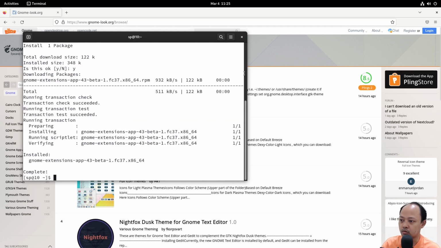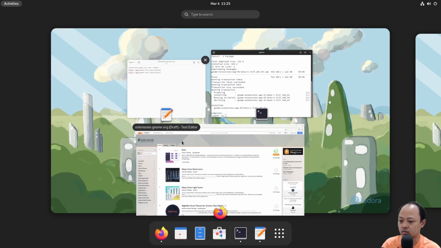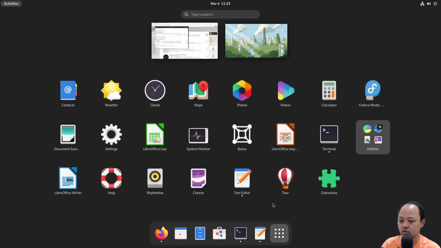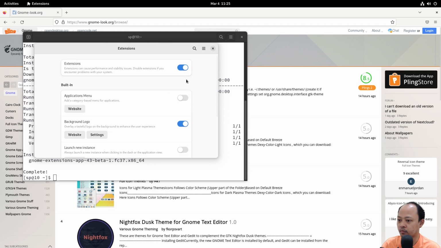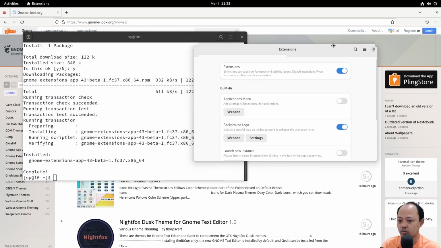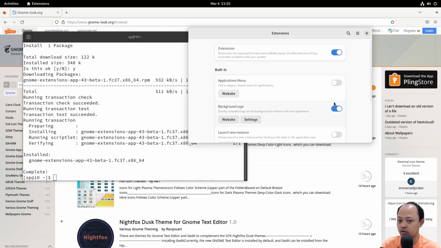Okay, the installation process is finished, and then go to the application overview. As we can see here, now there's a launcher for the GNOME extensions. Okay, so this is the GNOME extensions app.